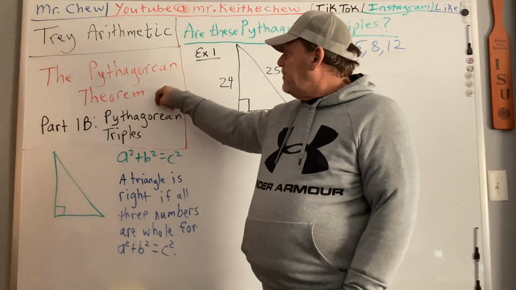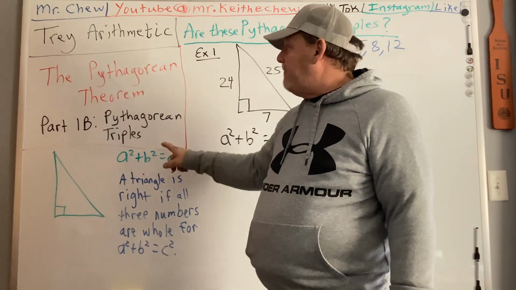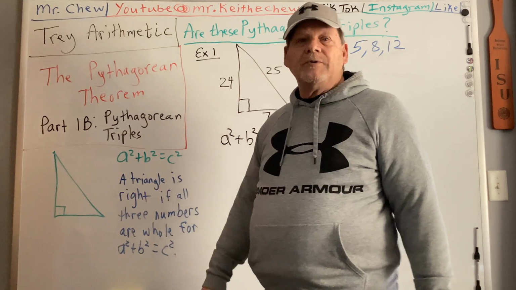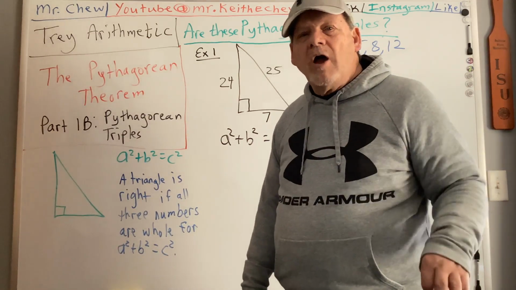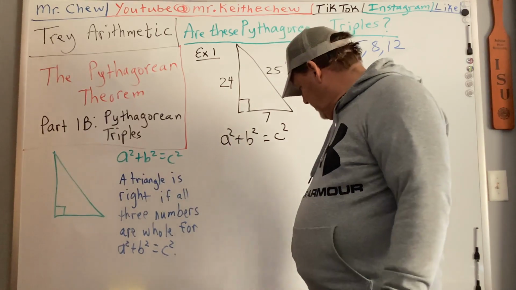We've been talking about the Pythagorean Theorem in my earlier videos, and this is a continuation, but we have a different topic this time. What are Pythagorean triples? And how do you tell if a triangle is a right triangle? So remember, here is the formula for